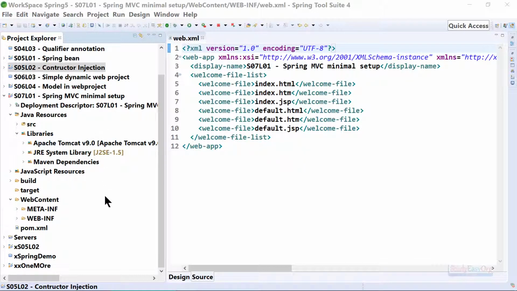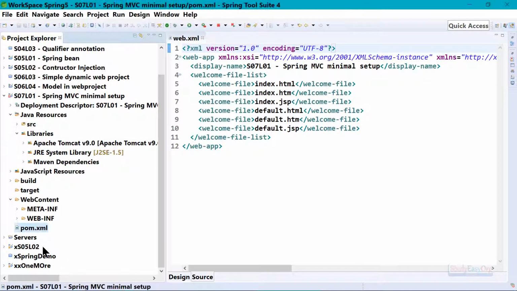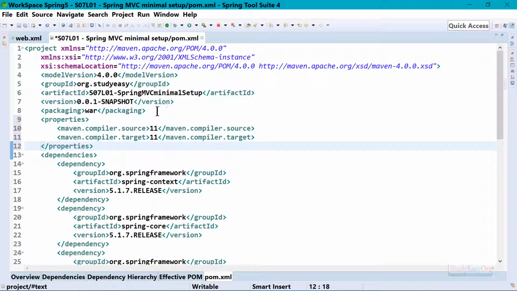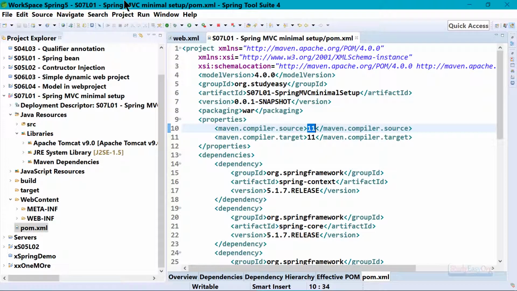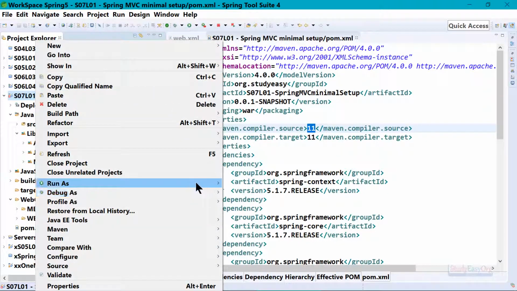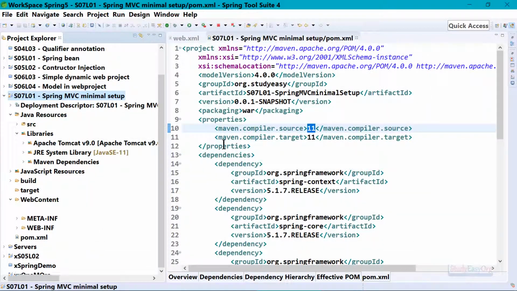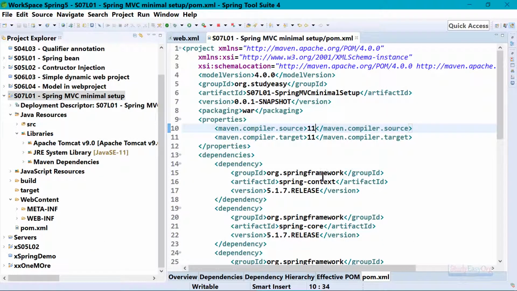So till now everything is looking good except the JRE system library version, which is 1.5, which is very old. Let us again navigate to pom.xml, and we have seen this setting. We will add these two properties and ask Maven to use Java version 11. This is a fail-safe mechanism where we explicitly ask Maven to at least make use of Java version 11. We have seen that when we make use of Java version 12, it is not compatible as of now. Our Eclipse is not using Java 12 somehow, but